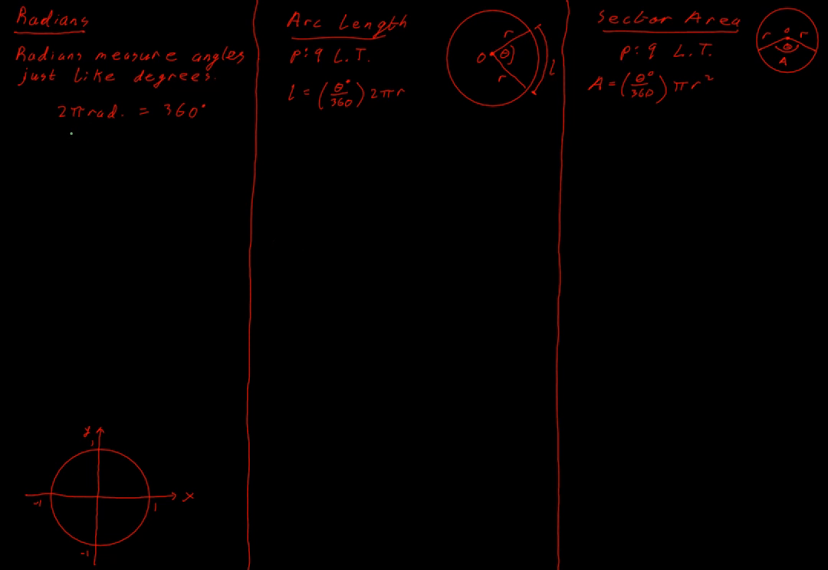By definition, we say that there are 2 pi radians in 360 degrees. So radians go from 0 to 2 pi just the same way as degrees go from 0 to 360. And we define one full rotation, so starting at one point and rotating all the way back around to the same point, as being 2 pi